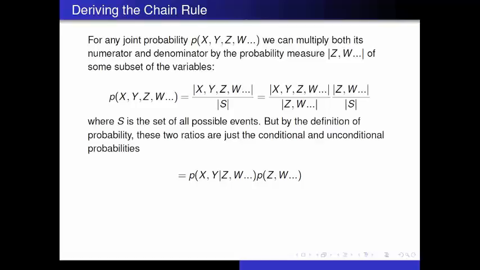So basically, this just has this form of being able to pull out some particular variables of interest, and everything else becomes the condition: the conditional probability of those variables multiplied by the unconditional probability of the remaining set of